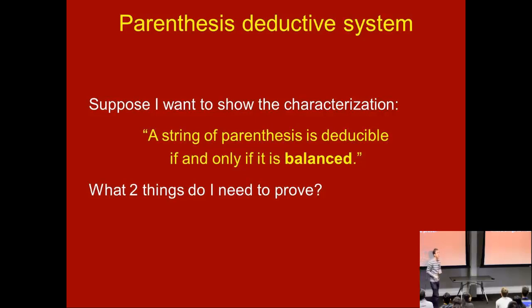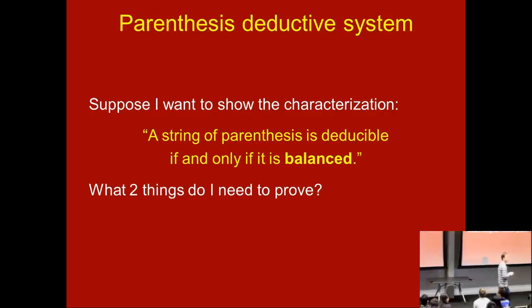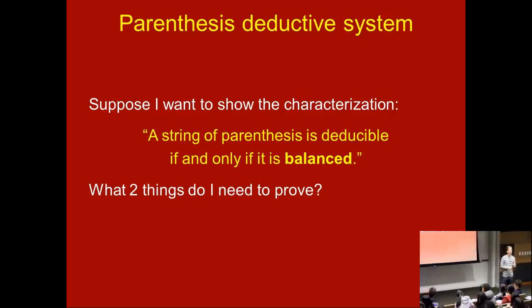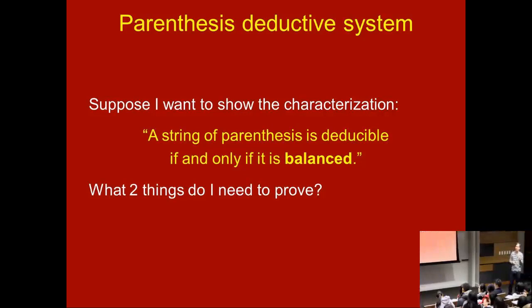Yeah, over there. Has the same number of open parentheses as closed parentheses. Anything that's deducible, you mean? Yeah, that's true. That's not quite the same as being a balanced string of parentheses, because you could have a right parenthesis followed by a left parenthesis. That's a string that has the same number of open and closed, but it's not balanced. But that's part of what you'll have to prove. In the red? All balanced parentheses are deducible. Yeah, all strings of balanced parentheses can be deduced.